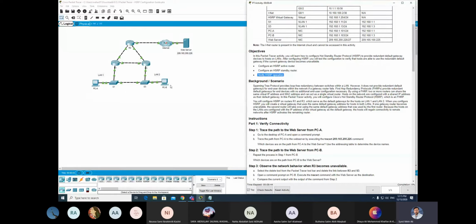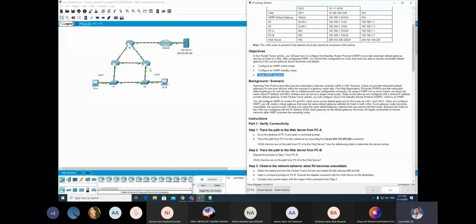The basic purpose of HSRP is that two or more routers can share the same virtual IP address and MAC address, and act as a single virtual router. So your router 1 and router 3 serve as a default gateway. It means you have a redundant default gateway.